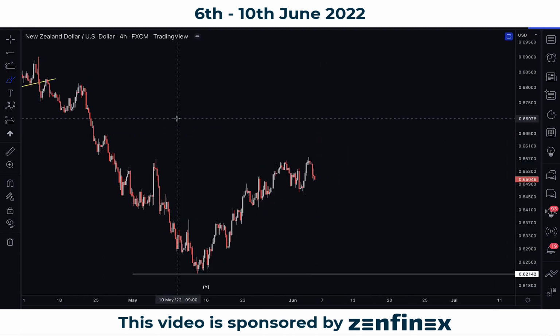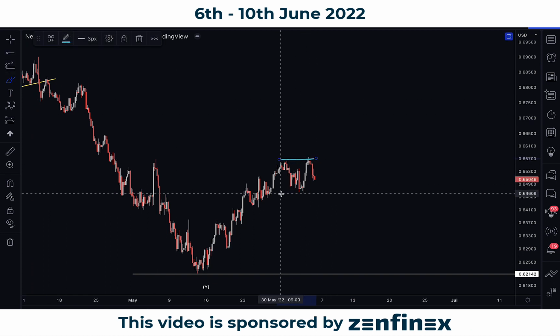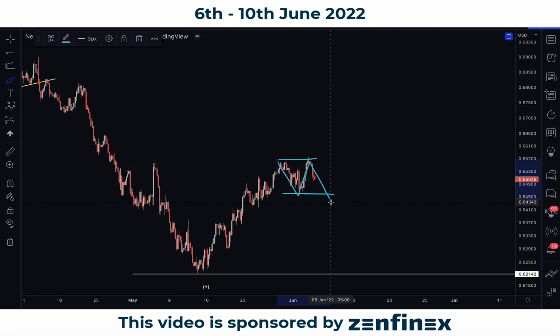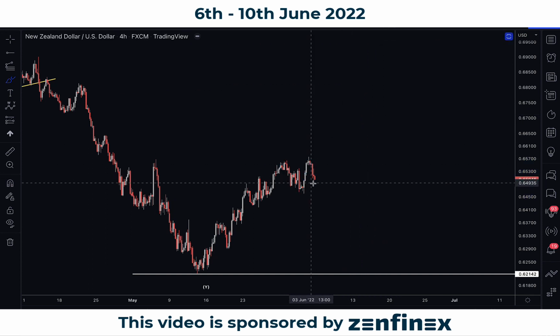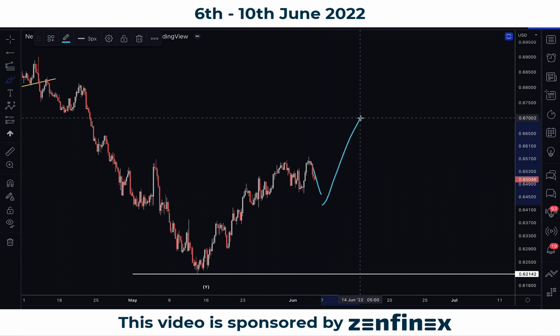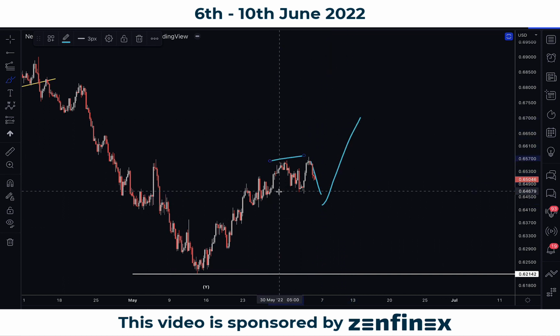Now on Kiwi, it's more or less the same. They're correlated in a way, but the pattern over here suggests a little bit more on the corrective structure that's developing sideways. So if you're looking to sell the Aussie or the Kiwi, my suggestion here is to focus a little bit more on the Aussie side of things. Okay, perhaps Kiwi will be a little bit more supported, and you see something like that forming more of what we know as an expanding flat.